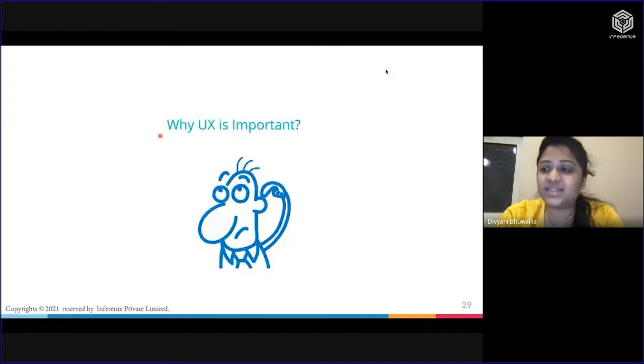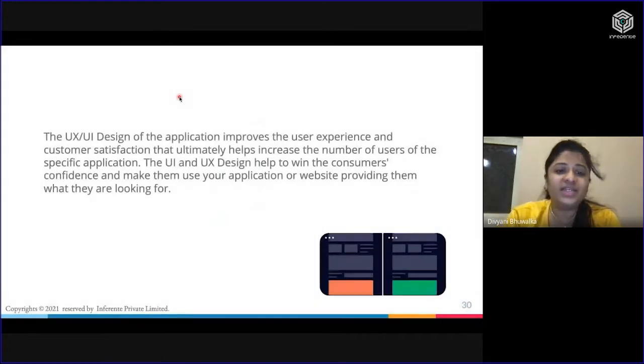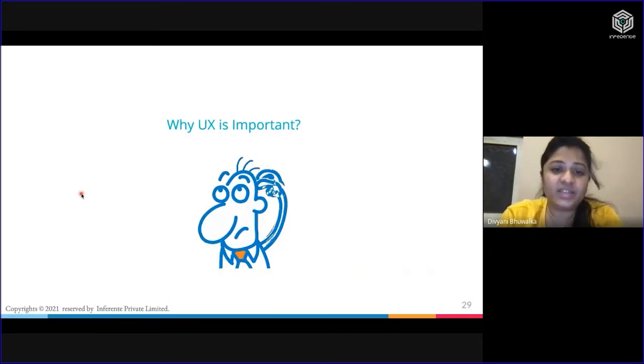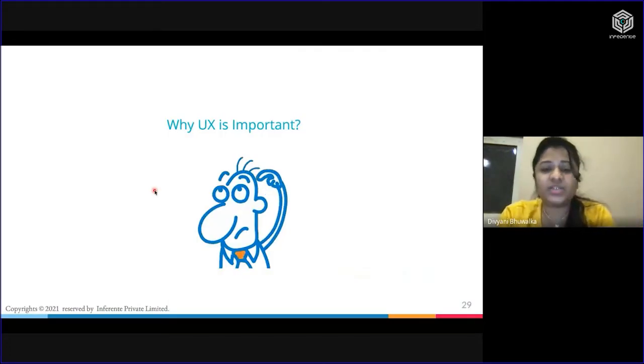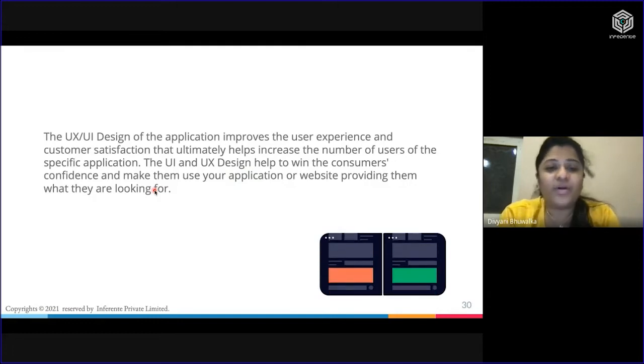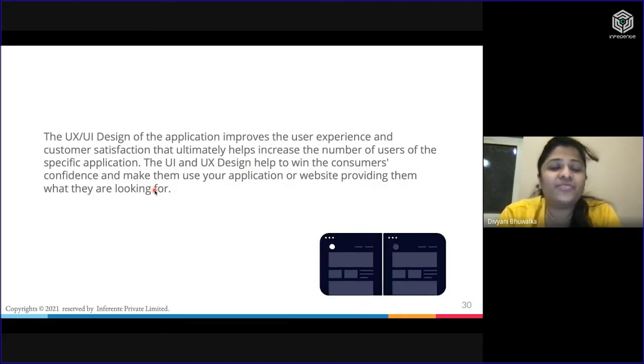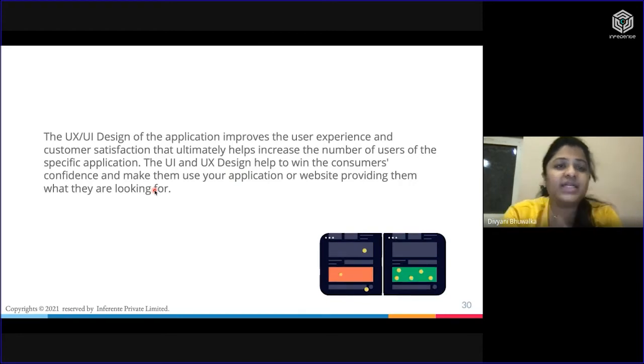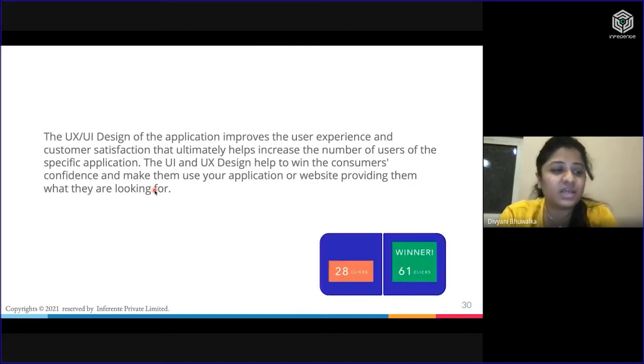So why is UX actually important? User experience, right? When you have a product but it's actually not usable, what's the point of having that application? Or if you're not able to actually let the user perform that task, say for example